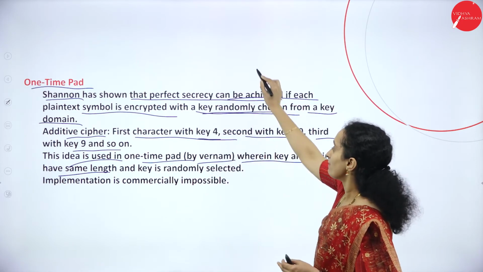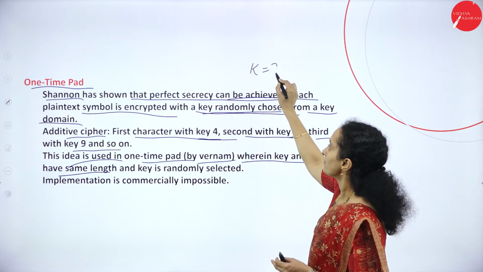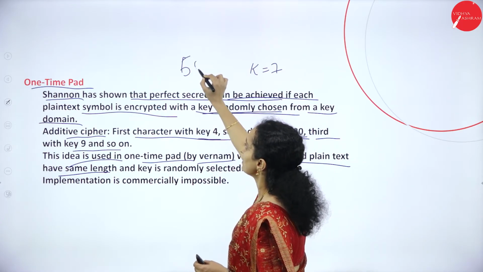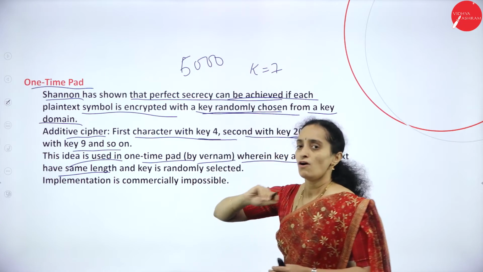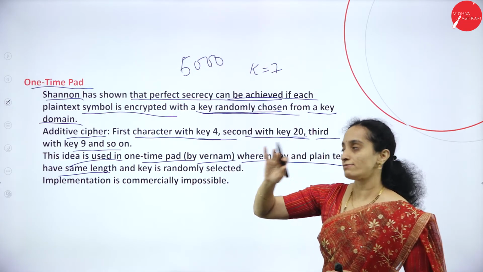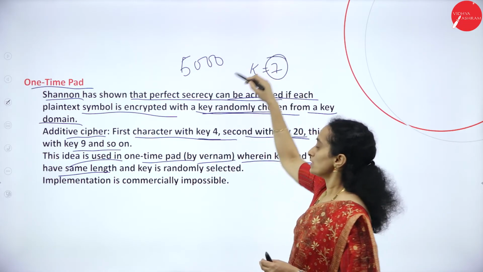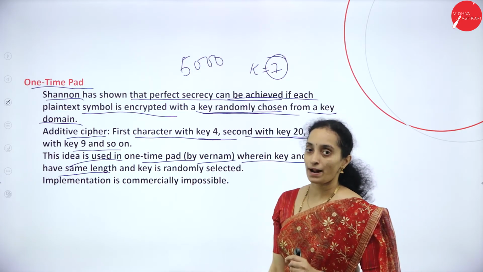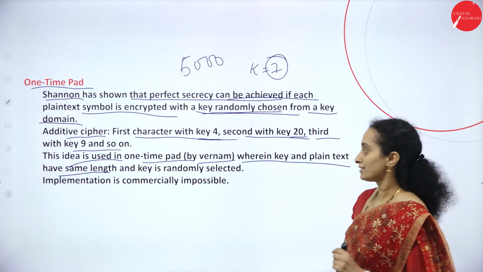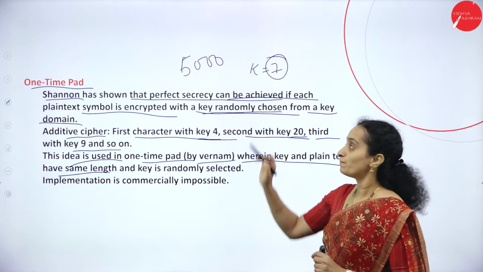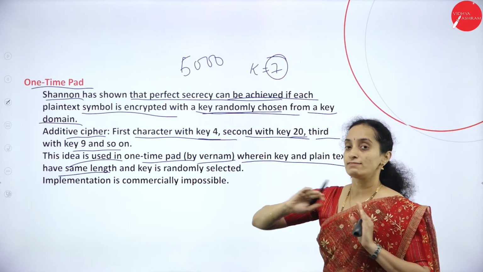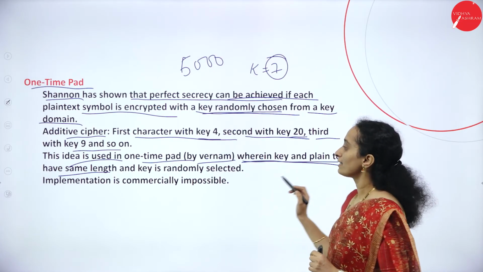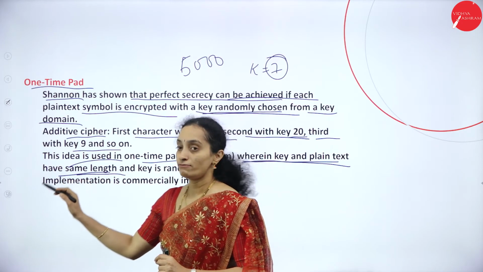If the key value is 7 and you have a message of say 5000 characters, all the 5000 characters will be encrypted using the key value 7. What the one-time pad designer suggests is, instead of this one key, you can have a set of random keys where the key and the plain text length will be the same.